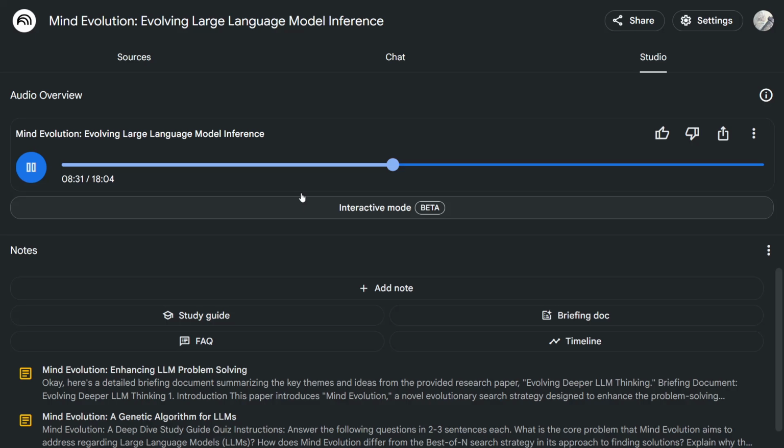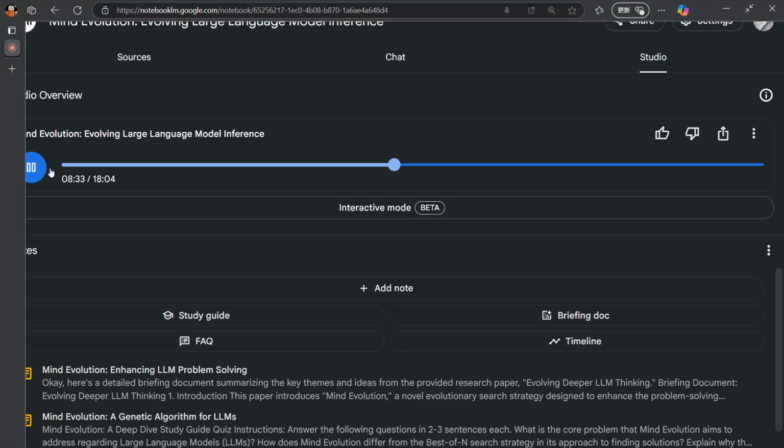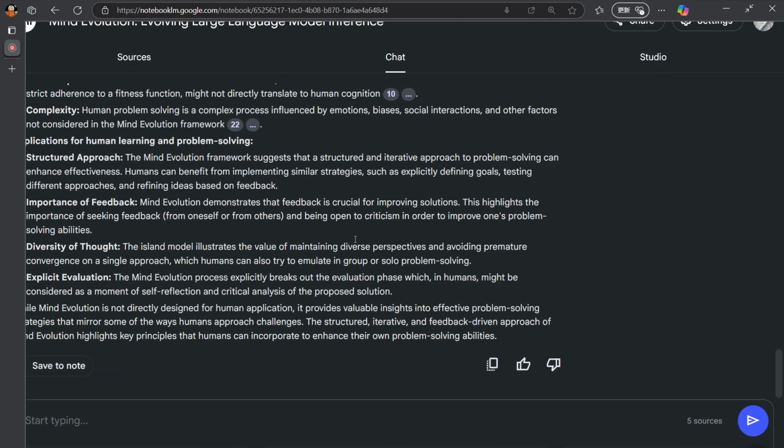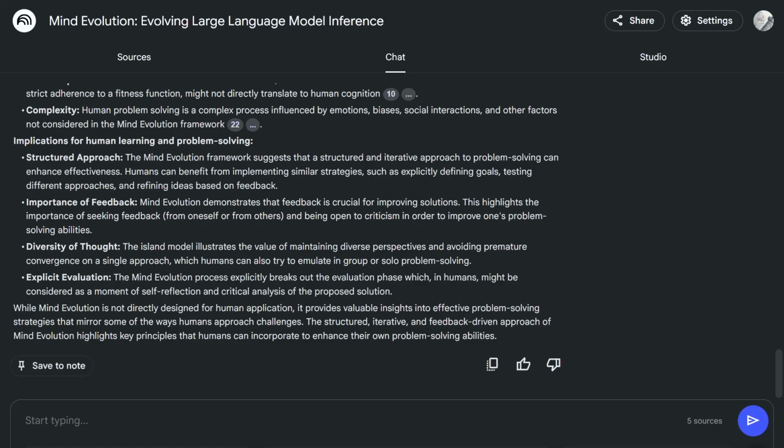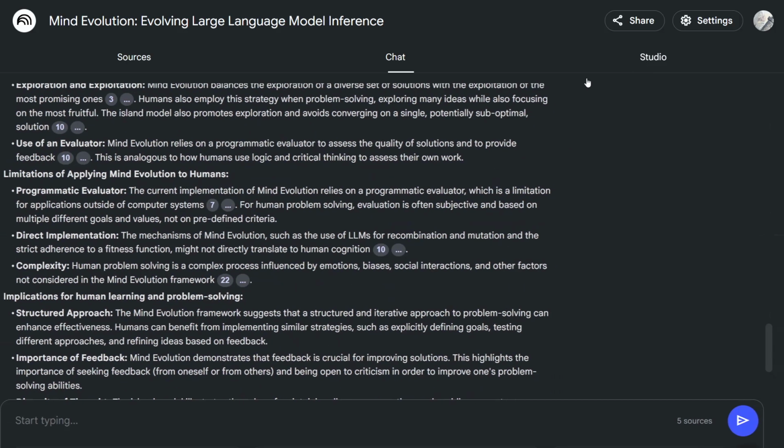What about the limitations? Are there any downsides to this approach? Yes, that is a crucial question. Every groundbreaking technology comes with its own set of limitations, and mind evolution is no exception. To dive into those, well,